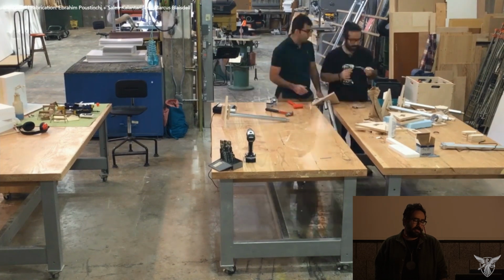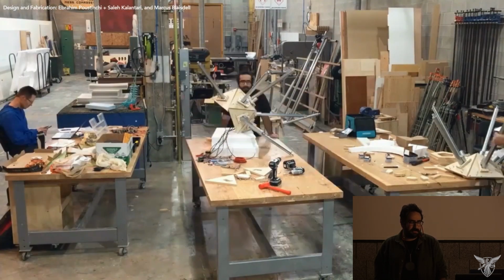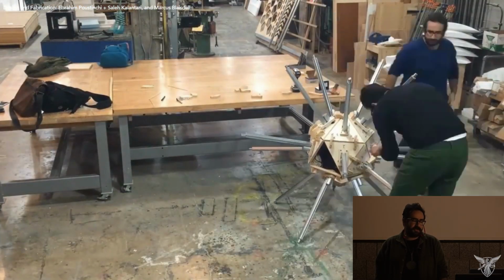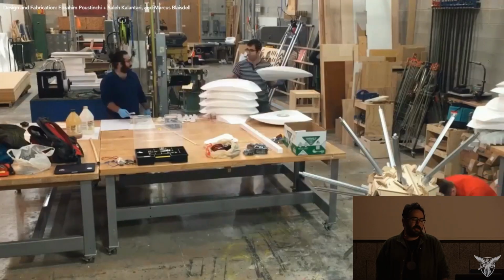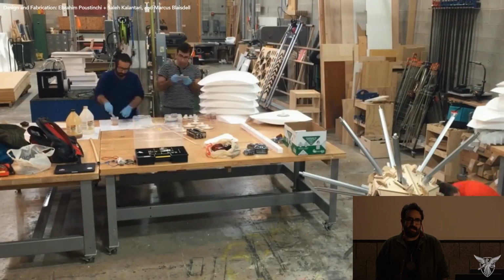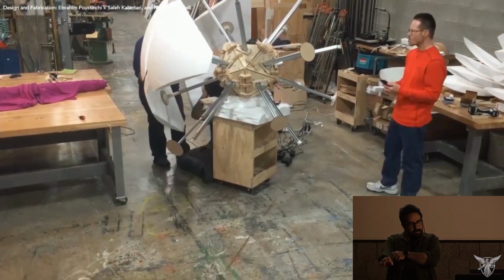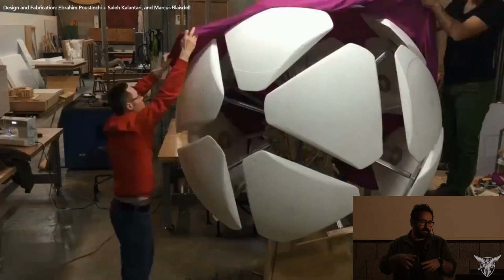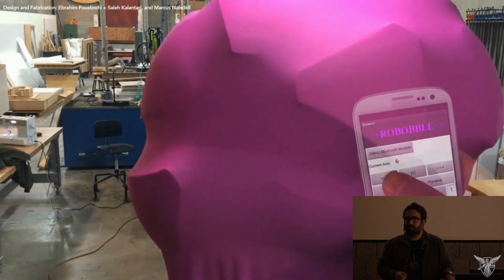Basically, it's a custom-made robotic design and fabrication platform, which enables users to use their cell phone to simultaneously design and fabricate using a 19-face mesh. So it's a sphere with 19 faces, and you'll be able to use your phone to manipulate and design it. But again, more than anything, obviously, it's a surface project.